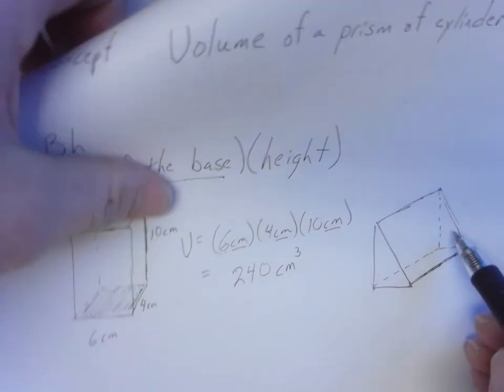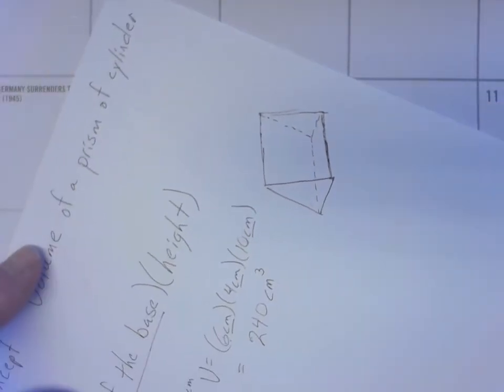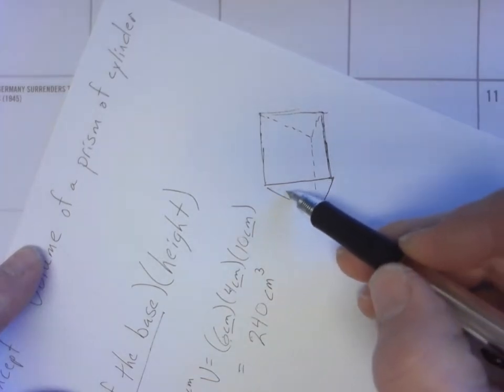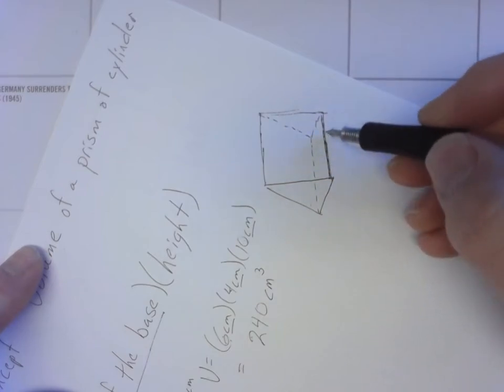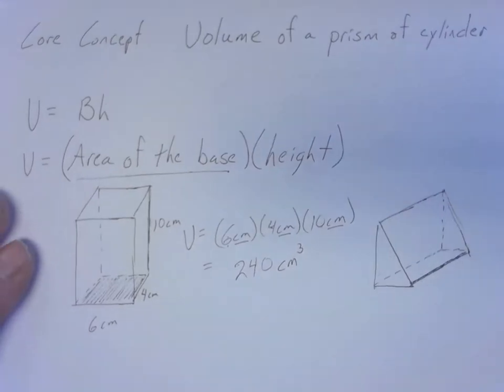And I suppose I could turn my paper here so that it maybe looks a little bit more like you want it to. And then we can say, okay, here's the area of our base, that's the triangle right there, and then this is going to be our height. Okay, so the two sides that are parallel. So what I would do, let's say we have